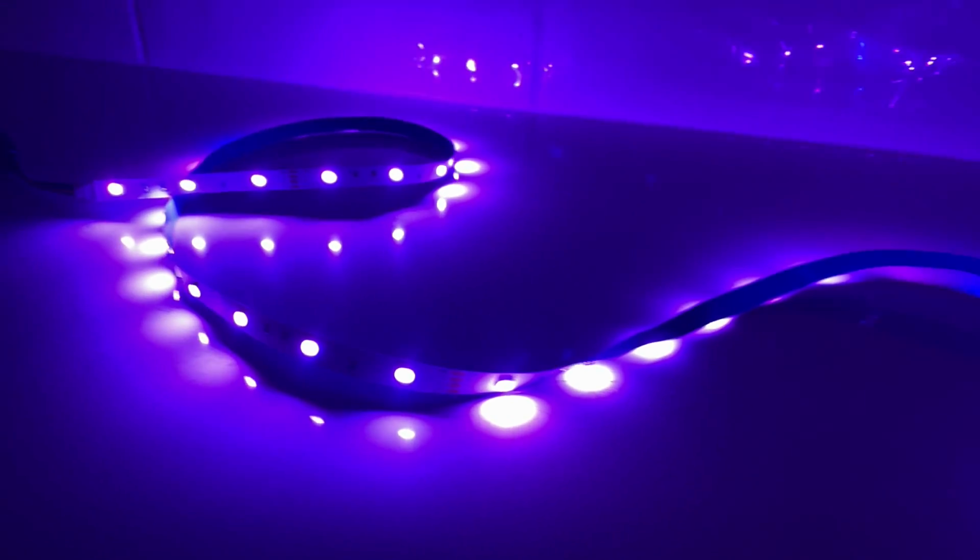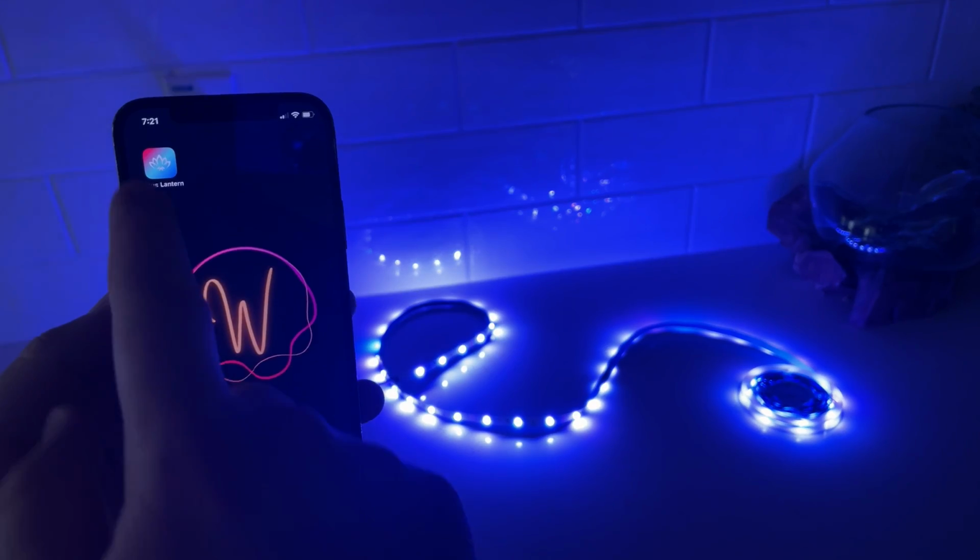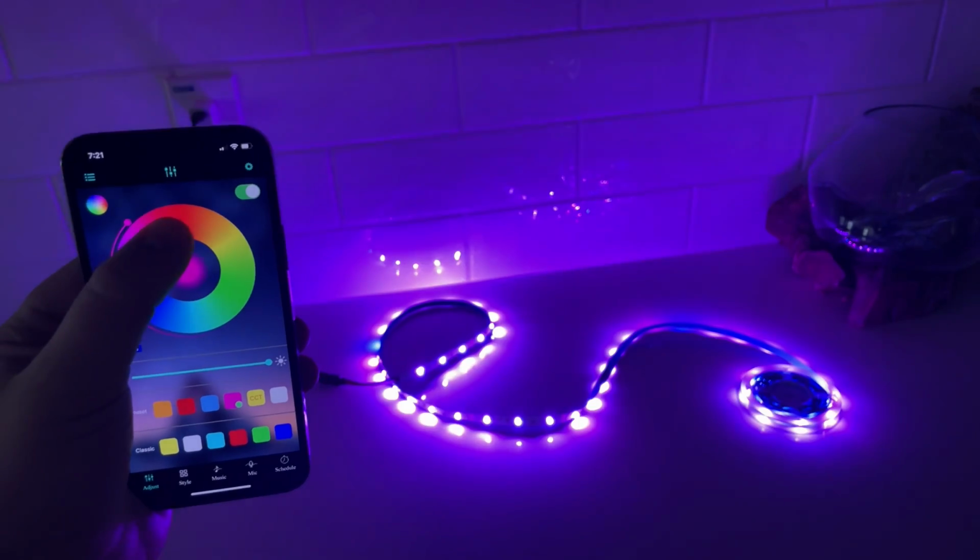And this smart LED light strip was very functional and pretty much just as good as any of the other light strips I have in my house for the way that I use them. As far as features go, this light strip pretty much has the same features as any other light strip that I've used before. Again, you can download an app to control it all via your phone, and within that app